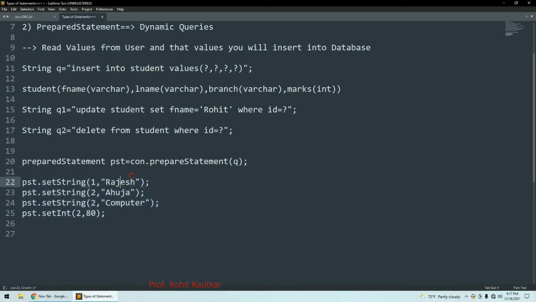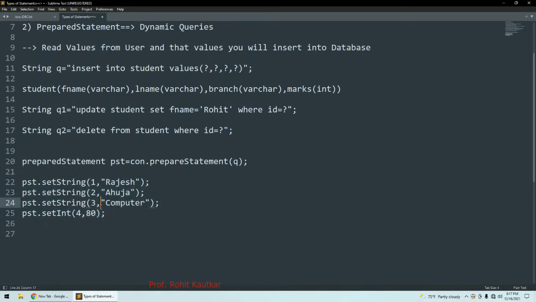Okay, so these values will be replaced over here. You can see there are 4 question marks. So first parameter, second parameter, third parameter, fourth parameter, and you can see these are specifying. Okay, I forgot it, there should be 3 and here should be 4. Okay, this is how.